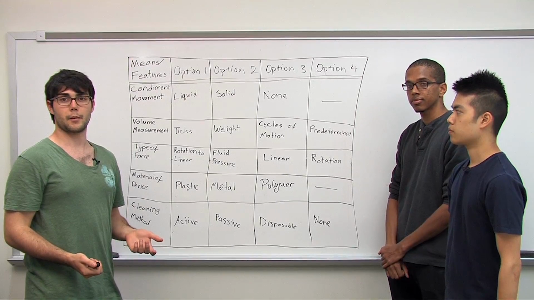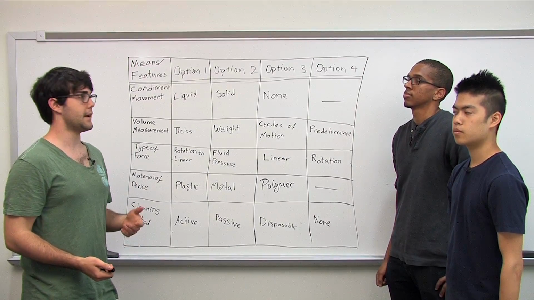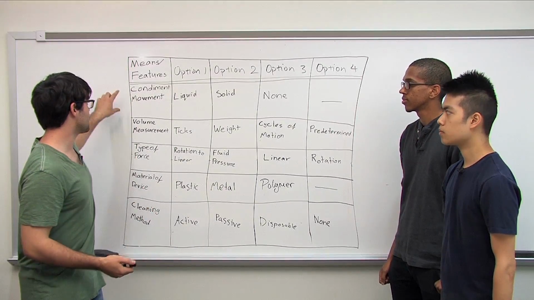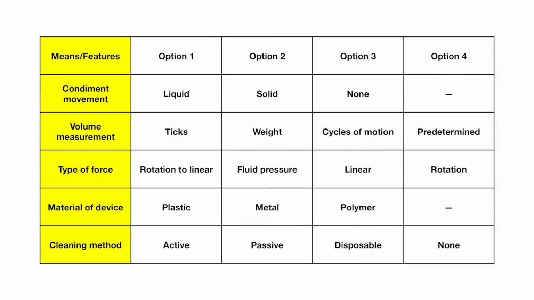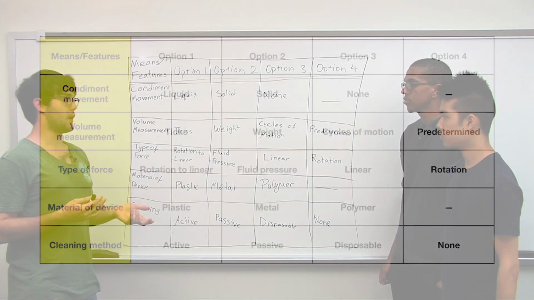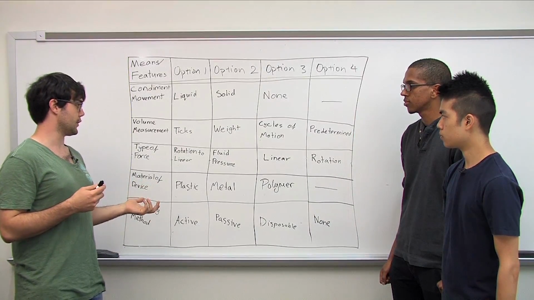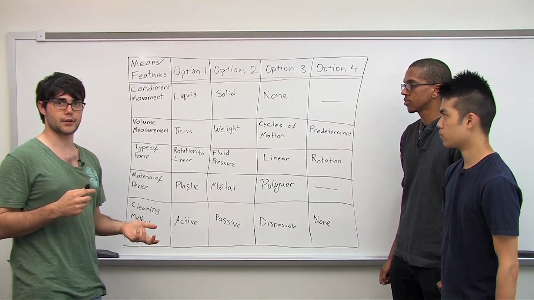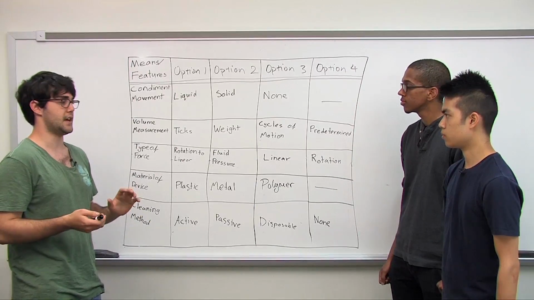So today we are working on a morph chart. A morph chart is used to generate complete ideas from individual discrete components. So, for example, one thing we could do is for type of force, if we knew we wanted a fluid pressure force, rotational linear force, or rotational force, we can begin generating an idea by using that in conjunction with